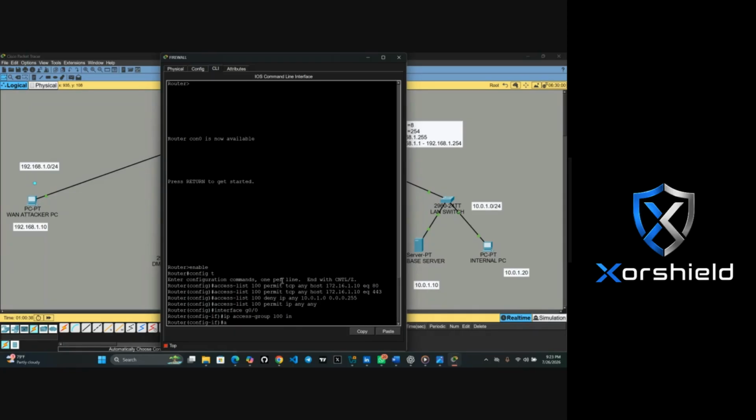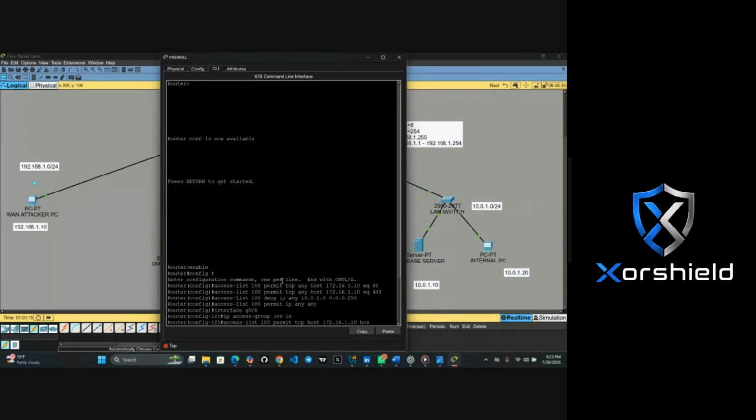So this one is just like access list 100 permit TCP host 172.16.1.10.